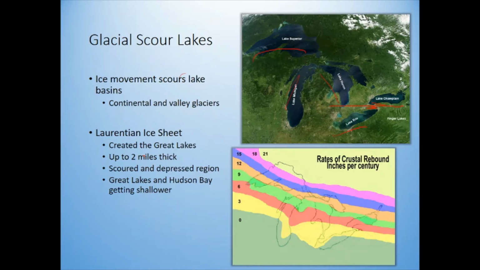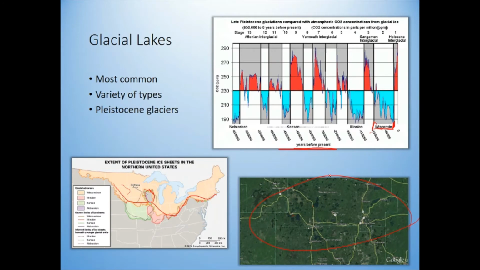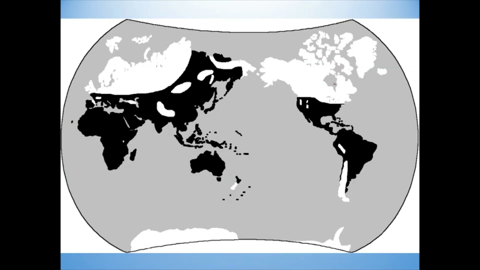And even though the ice went away 20,000 years ago, the crust is still rebounding. There were 80-some thousand years of ice weighing down on that portion. So we have this big amount of weight pressing down in this area, and this whole region is rebounding now. Hudson Bay, which is this area of water, and the Great Lakes are actually getting shallower,